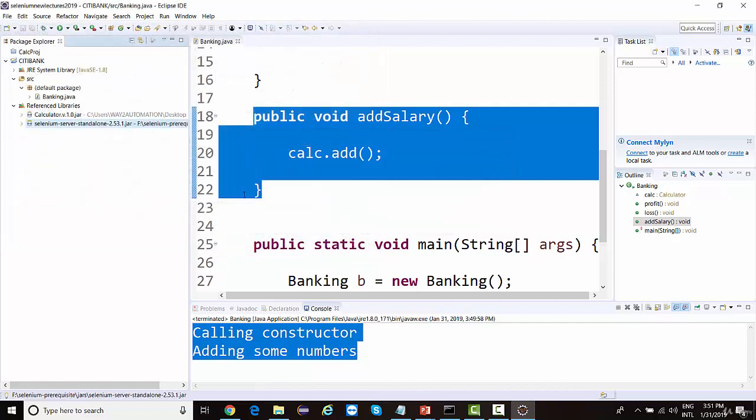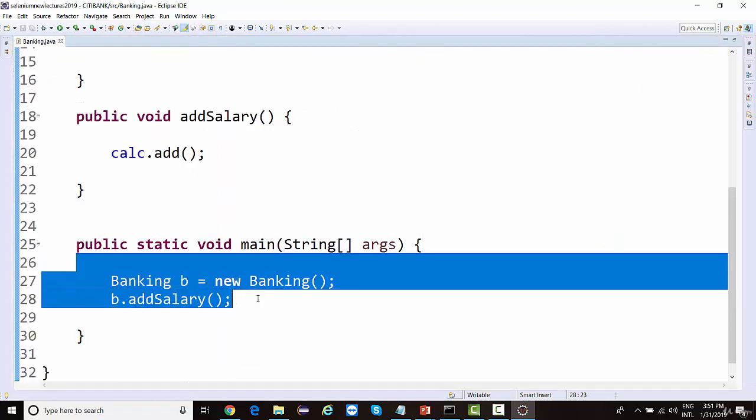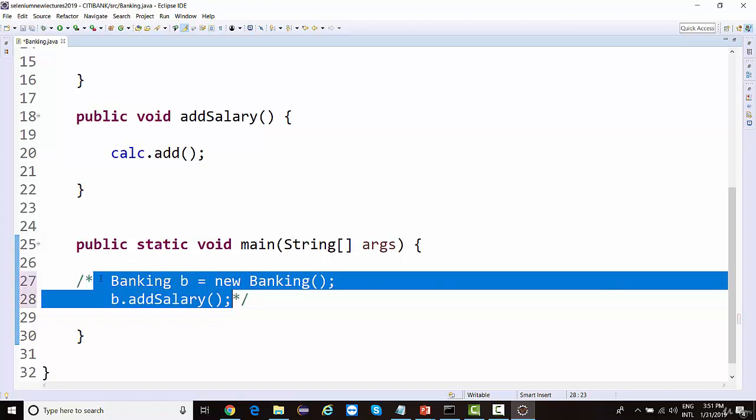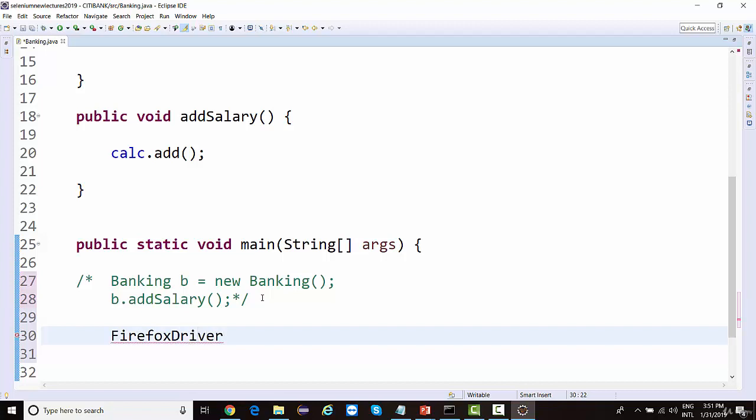That's it. Now, instead of calling these classes, I can comment them and call a class of Selenium. There's one class called Firefox driver. If I create an object of this class and run it, what will happen?